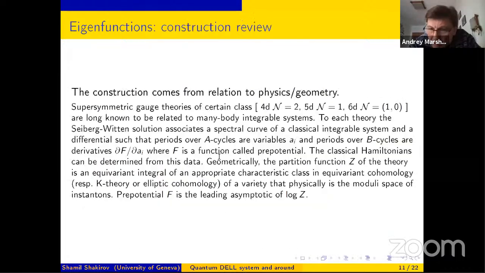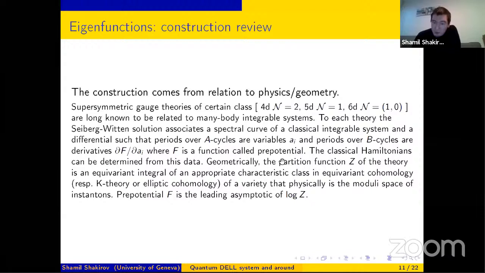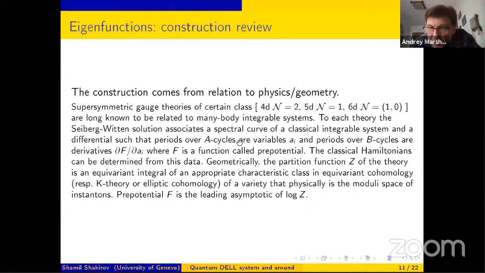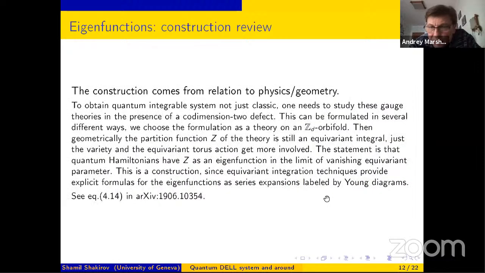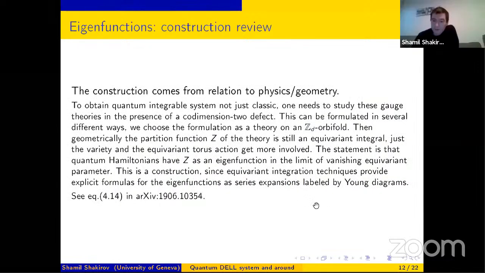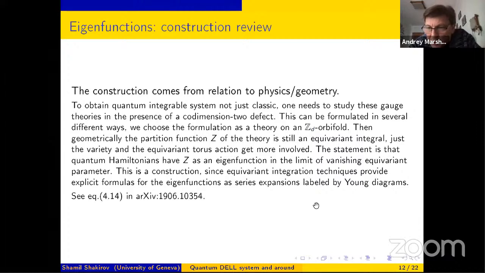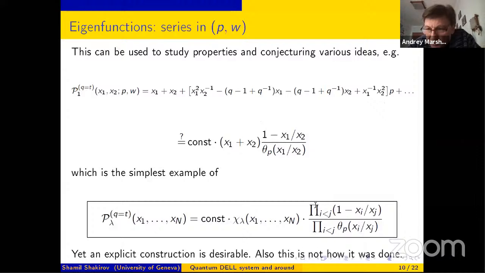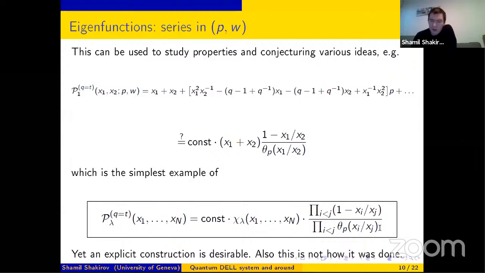Once again, you have to take 6-dimensional gauge theory. For DELL, we have to take 6D, but this statement is general. And then you have to put it on an orbifold. And then you know that in Q equals T, so what is it, the self-dual background? And you have this formula for this partition function with defect, which is just something divided by a product of theta functions. Yeah, that is correct. I see. So this would be a result for the Nekrasov functions on an orbifold at the self-dual point. I see. However, you have to keep in mind that this is